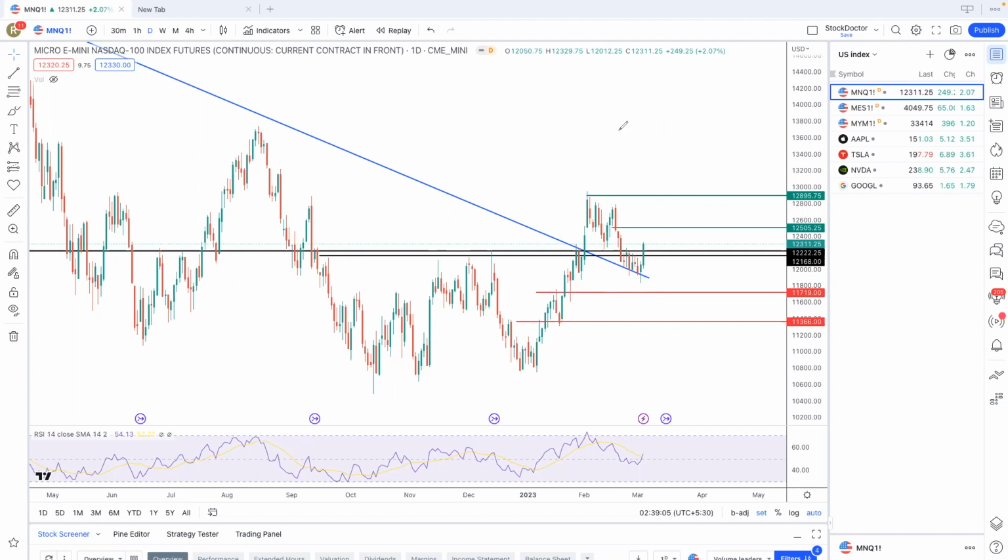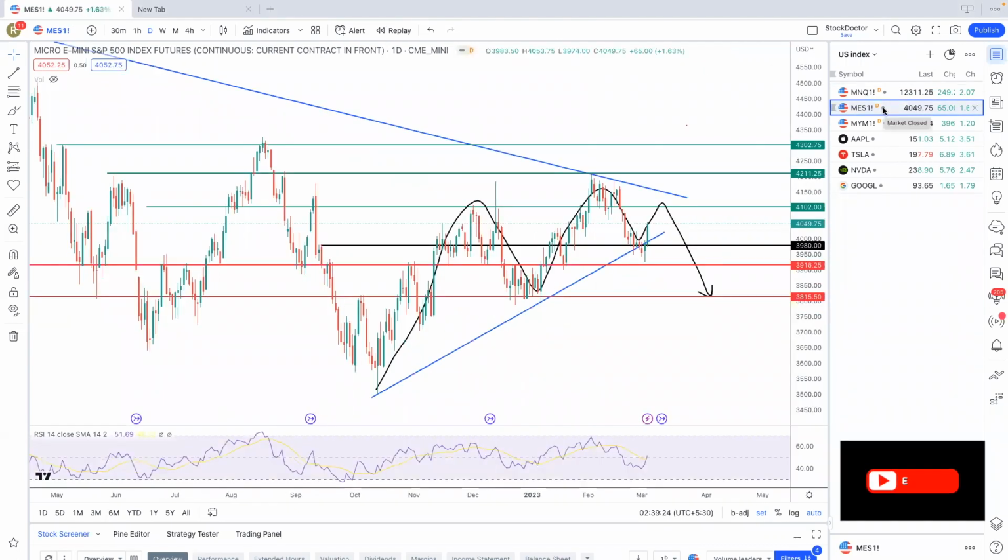Okay, on the downside, if this week we start trading below and sustaining below 12,150, then the first target is 11,700 and second target is 11,350. So this was the analysis of Nasdaq 100. Let's move on to